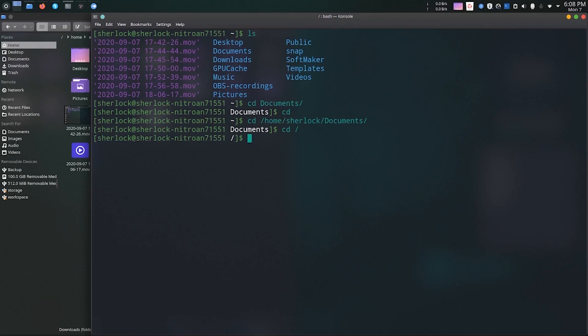For example, my file is in desktop. Desktop is inside the home directory. I don't want to write the entire path from root. I can use tilde slash representing the home directory, which will help us reduce the path size. So how can we write that? Write cd tilde slash and then desktop, hitting enter.